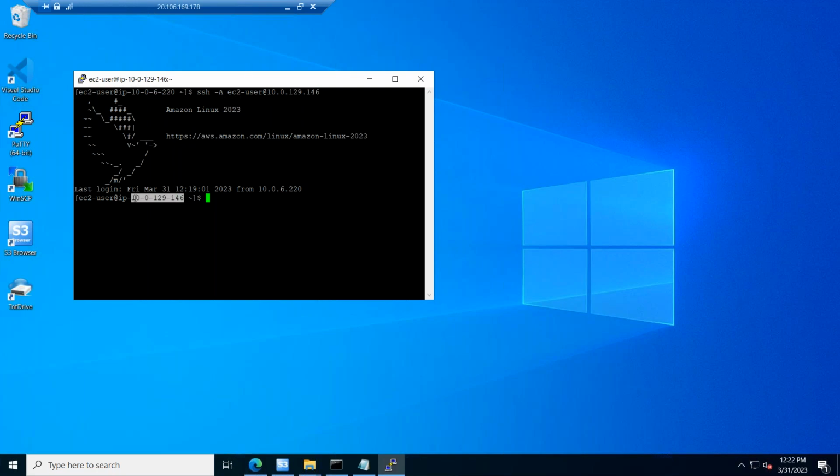So this is how, instead of storing the PEM key on the Bastion server, you can use Pagent or similar tools to store the credential in an encrypted way, plus we can have a passphrase to avoid compromising the particular key. And also we can connect to the backend system by just logging into the Bastion server. So only the Bastion server will have access to the backend systems. This has been restricted using the